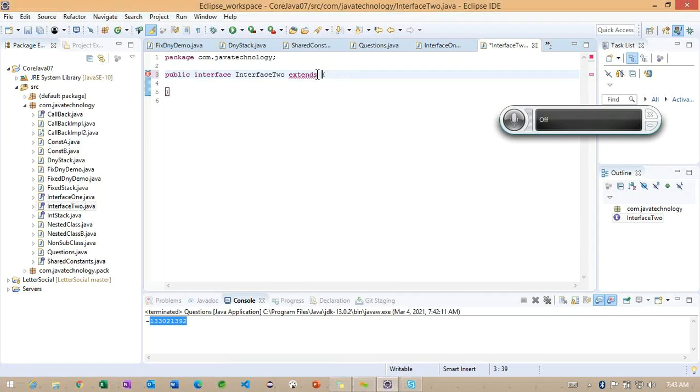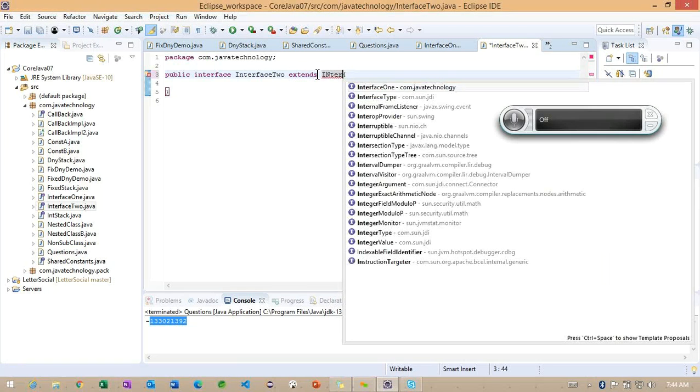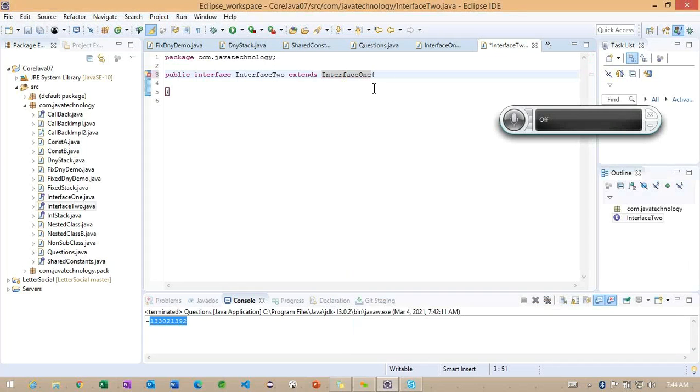Getting the point? Whenever we are using this particular extend keyword, we'll try to work with interface 1. Whenever we are working with interface to interface, we need to use the keyword called extend. And whenever we are working with class to interface, getting the point? Class to interface, we are going to work with the implements keyword. This is very important.